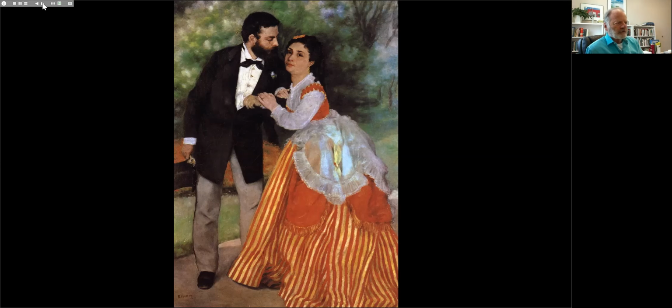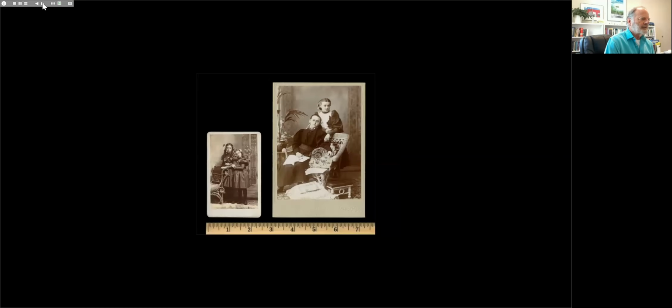The work also shows a possible influence from something called carte de visite, visiting cards. Now these became hugely popular. There was a fad of the time called cardomania. With the advent of photography, people would have small scale photographs, and I'm showing you here a couple examples. Notice the ruler, which indicates that these are quite small in size, and these black and white carte de visite. Let me pull up the label here in case you're wondering how that's spelled. You can see it at the bottom.